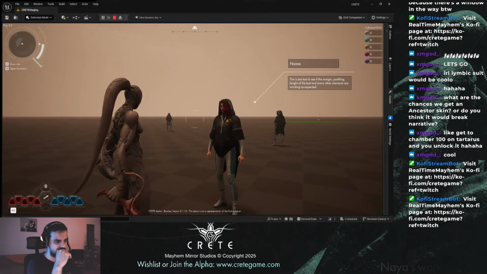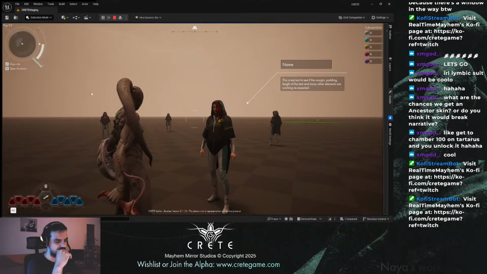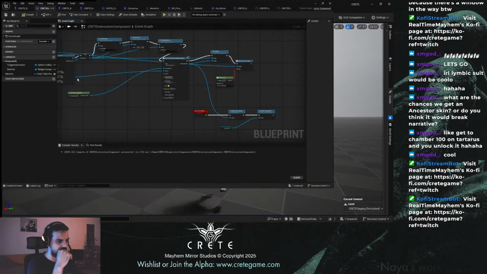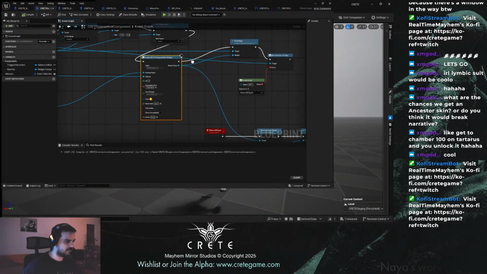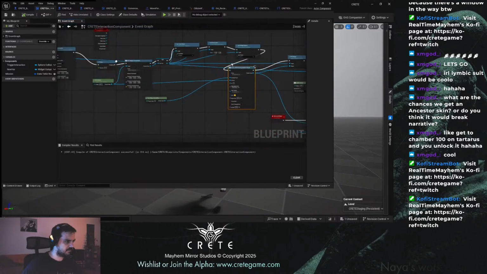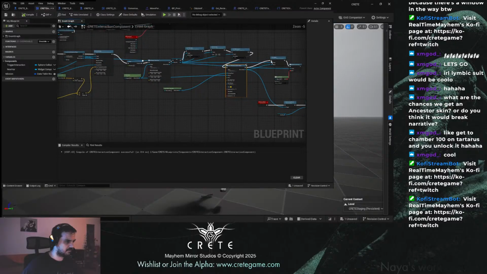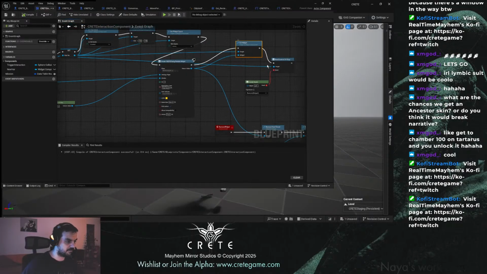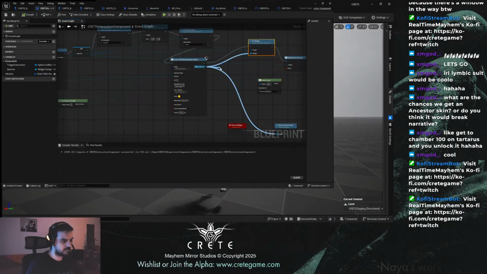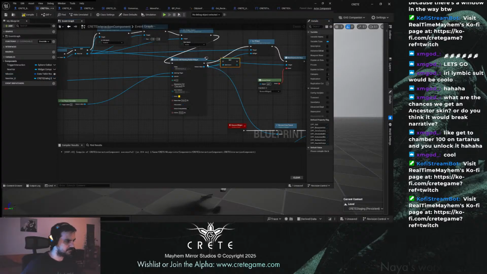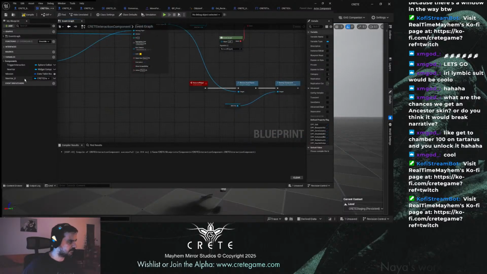No. The widget is still there. What the heck? Like for real, eh? What the heck? Okay. Let's promote the widget. Make sure this is the widget I'm promoting. And now